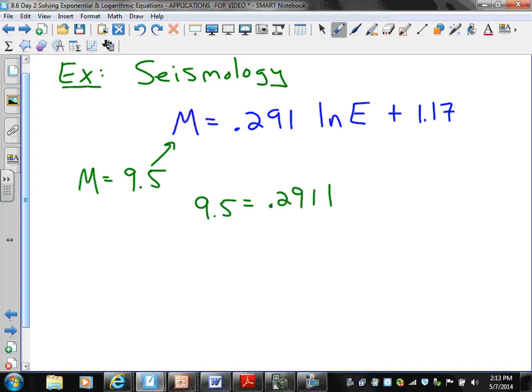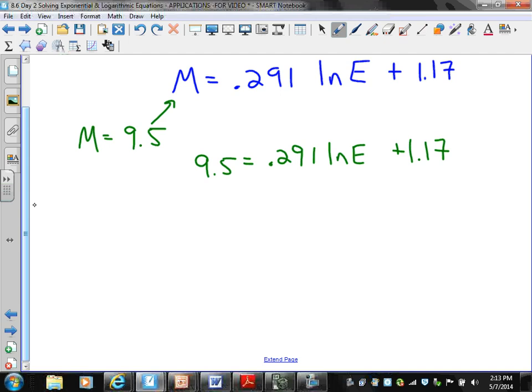So once you get to the point where you have the equation, the idea that this is an application or some kind of a word problem really starts to not be as important, because we're just unwrapping like we normally would if I just threw this on the board, which is pretty much what I just did here, right? Okay, so I'm going to go ahead and unwrap. Well, I want to get rid of this plus 1.17 first. So I'm going to go ahead and subtract that. Okay, and when I do that, I get